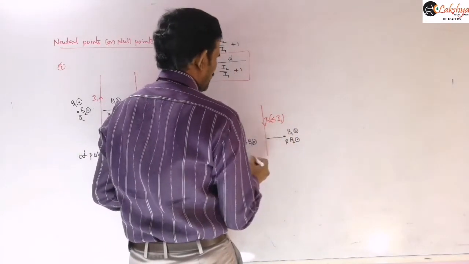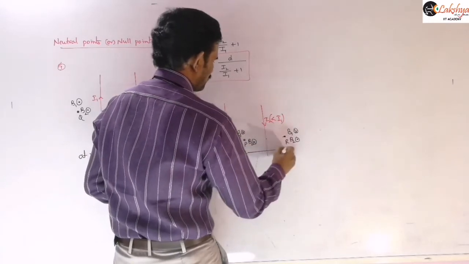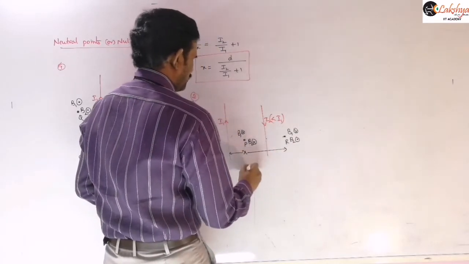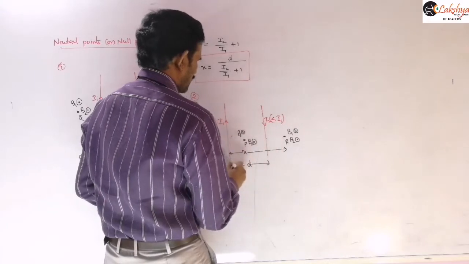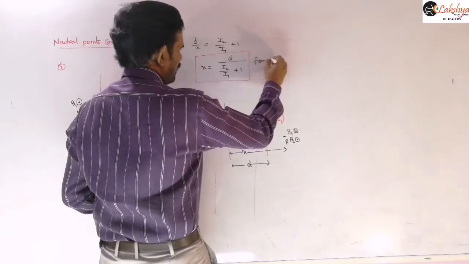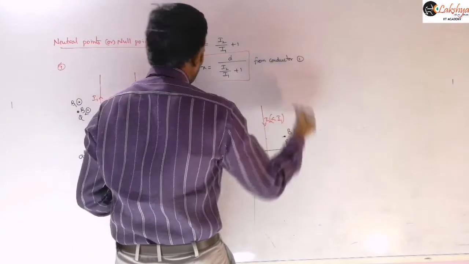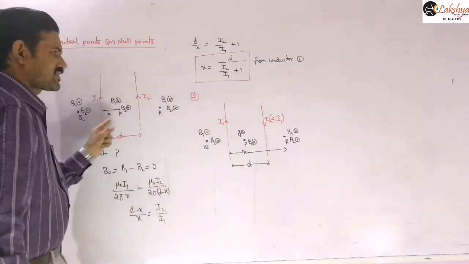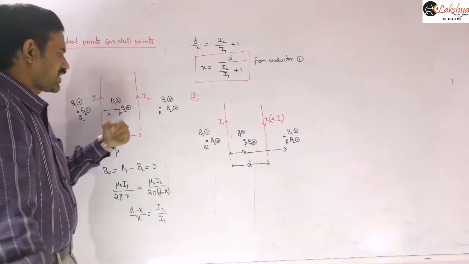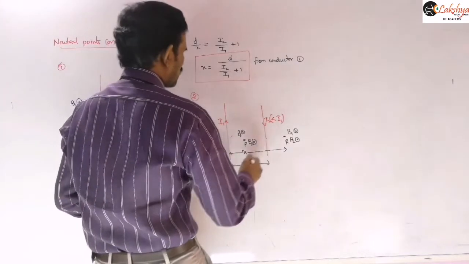And now, on this side again, you can balance those magnetic fields and write this. Suppose I measure this x value from this side. This is again d that we are taking here. You need to mention that this x is measured from conductor I1. That means this x is measured from conductor 1. They may ask for the distance from conductor 2, then you need to answer d minus x. You should read the question carefully.